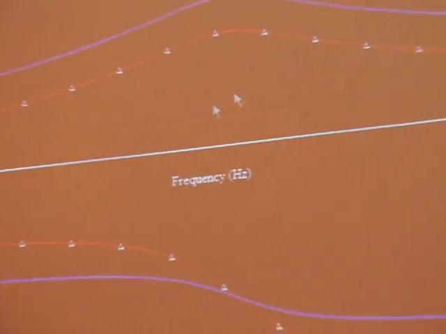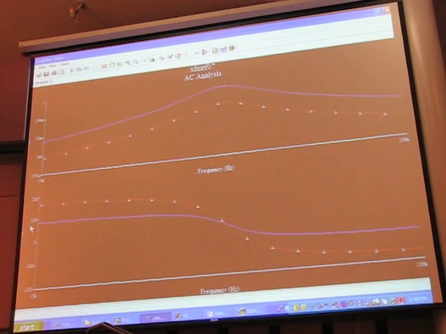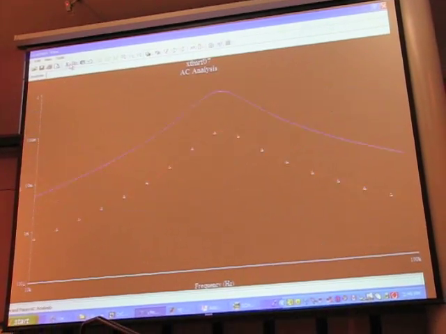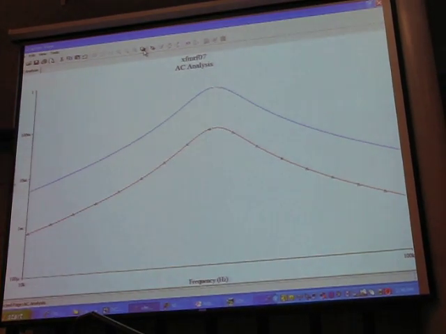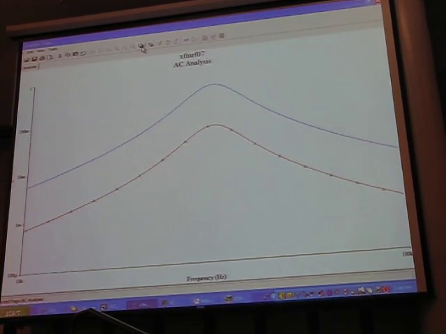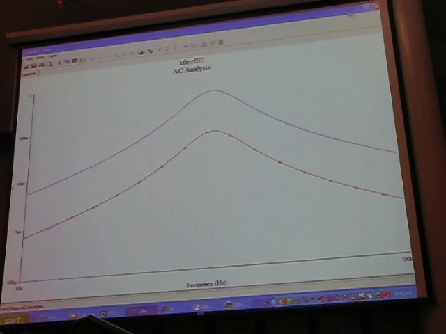And of course, the angle on the power is totally meaningless, so let's get rid of this one. And so we get this as a plot of the input power versus frequency and the output power versus frequency. Finally, we come up to